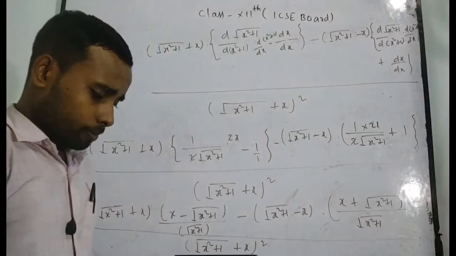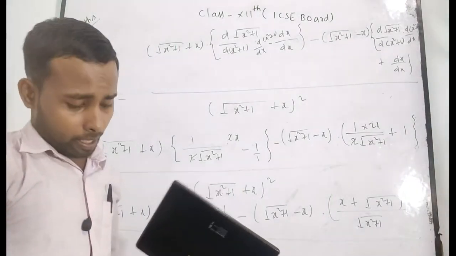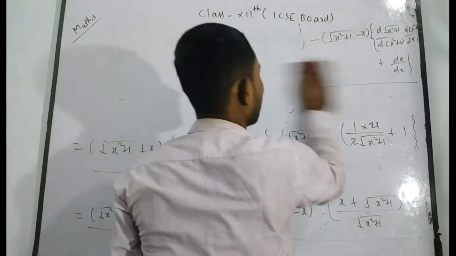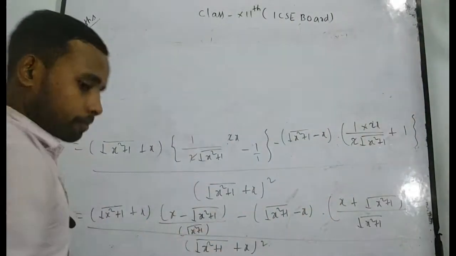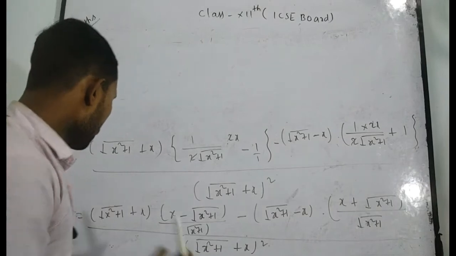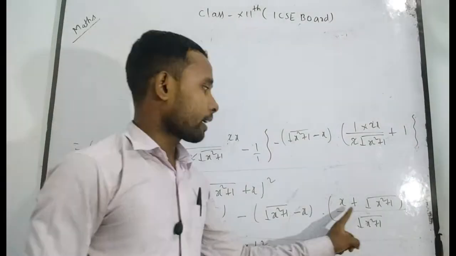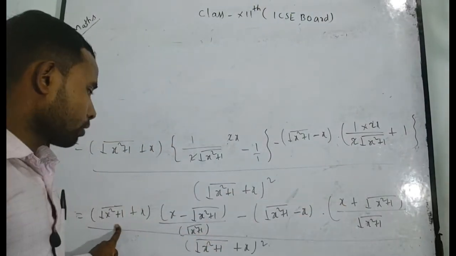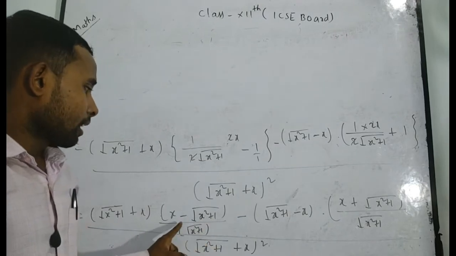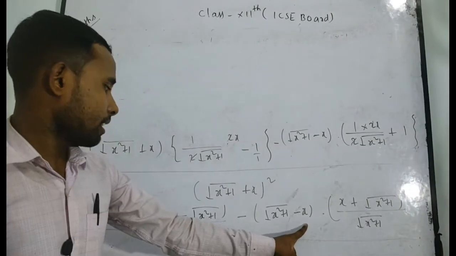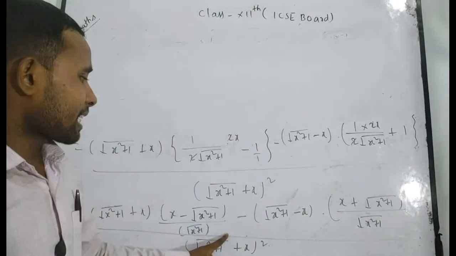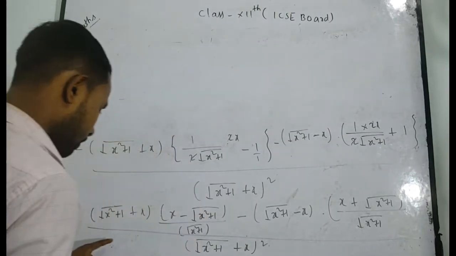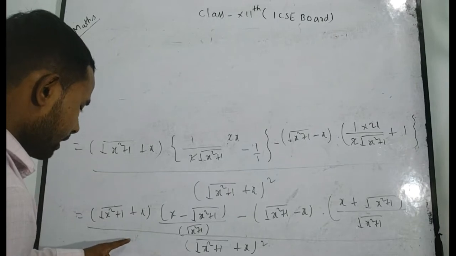Now I want to tell you another point. I want to rub this part quickly. Now see here, it will be root under x square plus 1 plus x. There is also root under x square plus 1 plus x. Can you take it common in both terms? After taking minus in both terms,